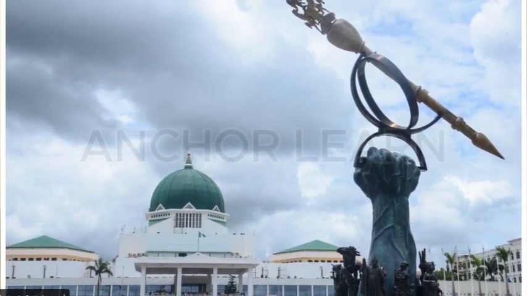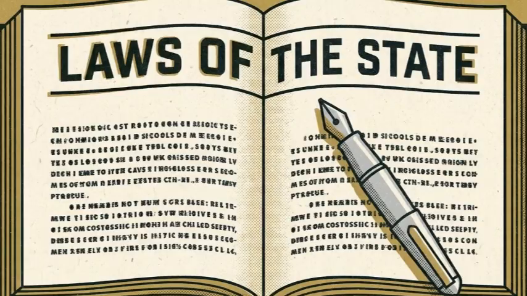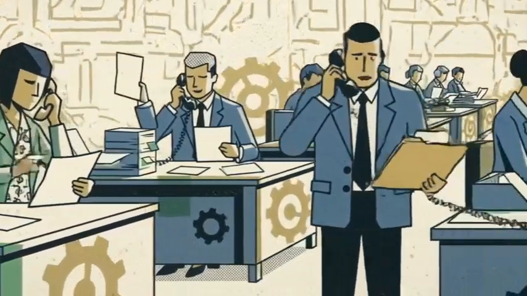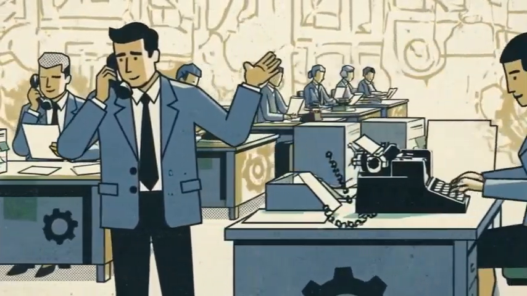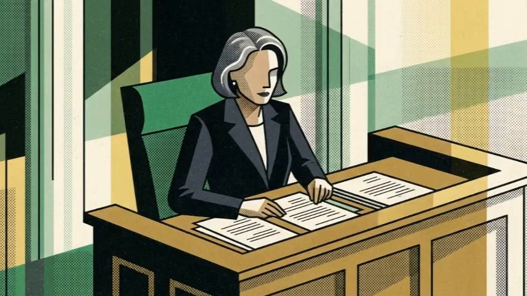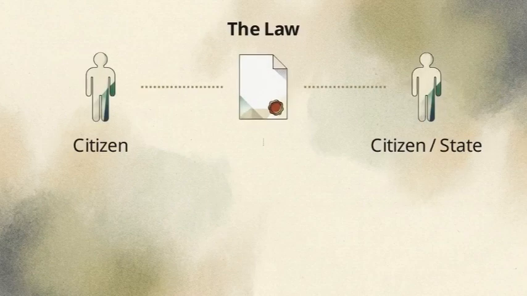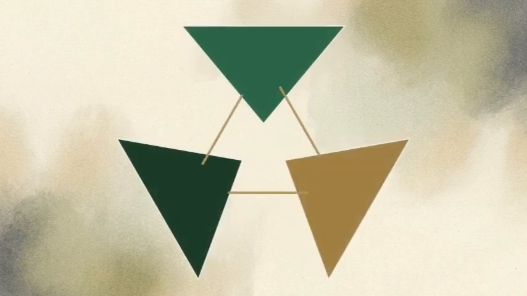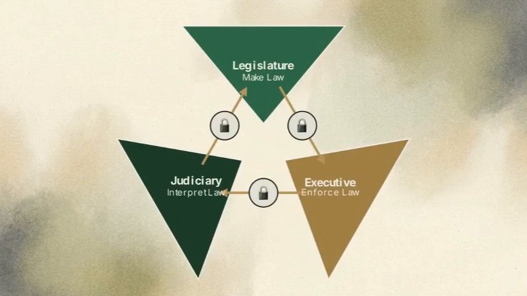The legislature is the branch responsible for the lawmaking process. As symbolized by the National Assembly and the Mace, their function is to debate and draft the rules of the state. The executive is the branch charged with the implementation of those laws. They manage the departments that carry out the government's daily functions. The judiciary is the 3rd organ. Its specific role is to interpret the laws and apply them to resolve legal disputes between citizens or between the citizen and the state. This tripartite structure is designed as a system of checks, ensuring that the power to make, enforce, and interpret the law is never held by the same group of people.